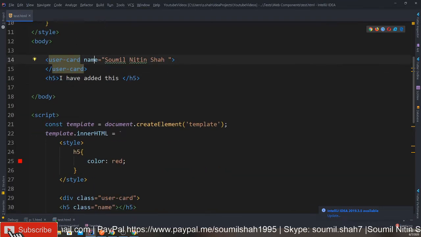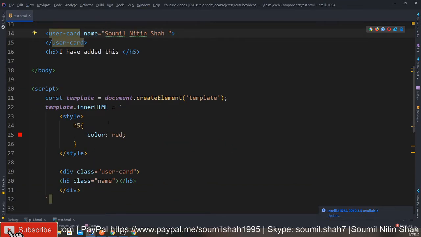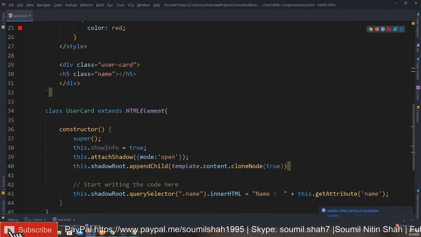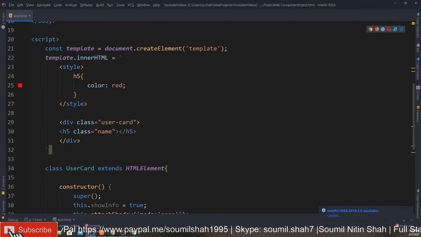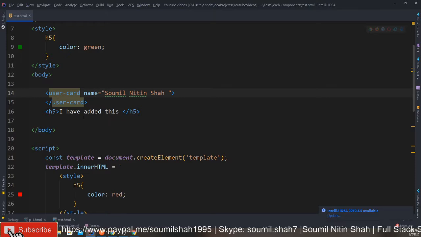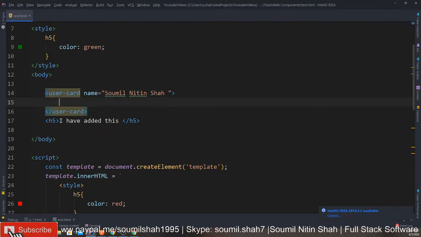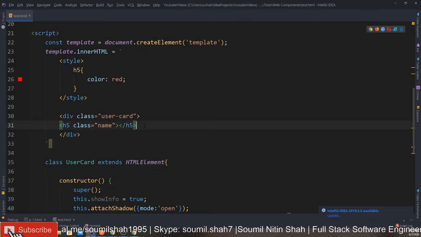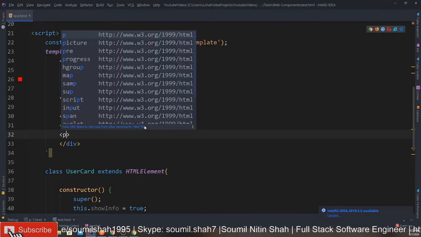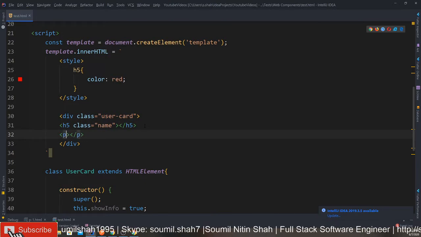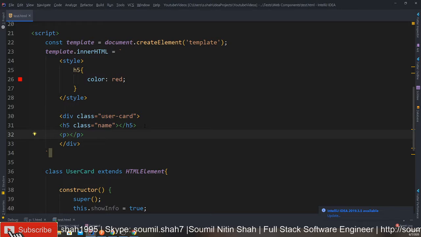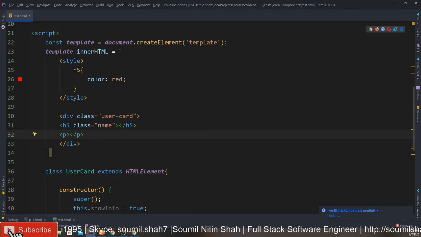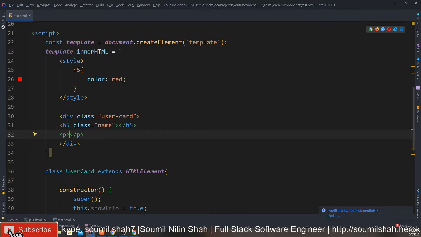Now I want to show you slots, basically how you can pass data using slots. Okay. So far so good. You just defined a very nice component where you can pass attributes like this. If you want to pass data, there is another way you can do it, basically using slots. Let me actually show you. Let's say we want to have an email address, right? So what I'll do is I have to define a slot here.